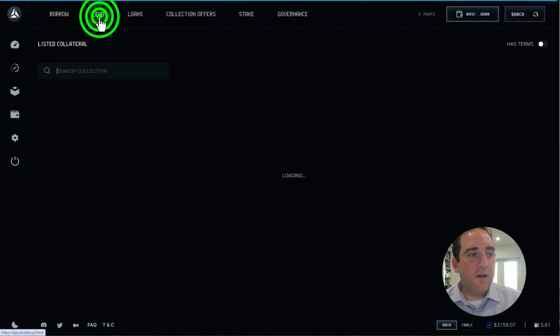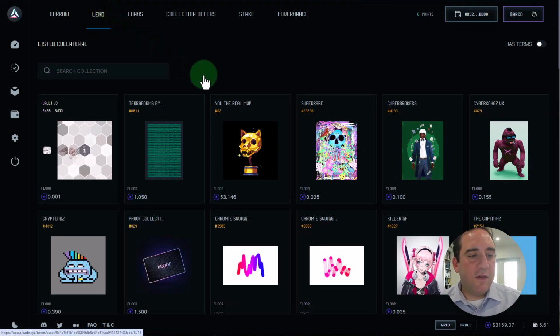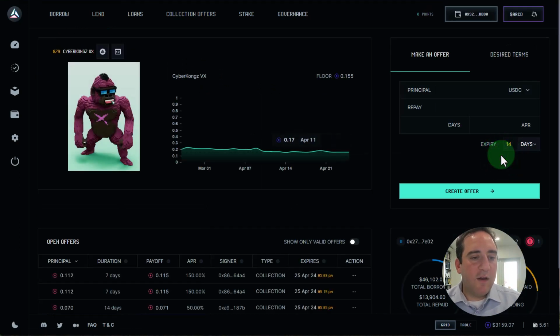You'll see them listed here. If you have assets that you potentially want to look at accessing, you can go in here, like CyberKongz. So let's go here, and then you can create an offer. You say, I want to make an offer, and you can put the principal here in USDC or in WETH. And then you set the repayment terms. So you say, I'm going to repay X amount by Y number of days, and here's the APR that I'm